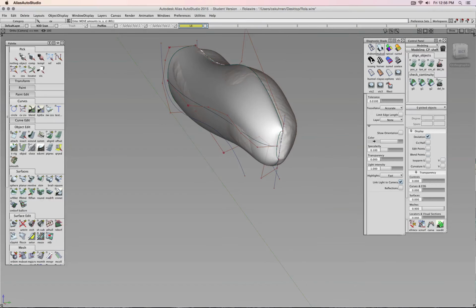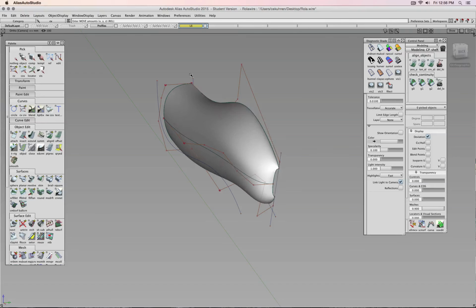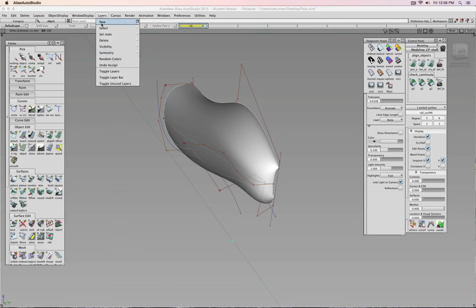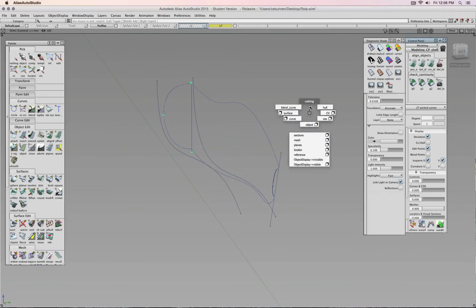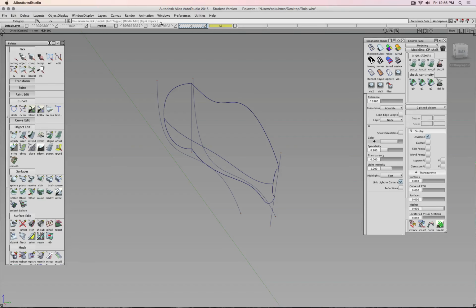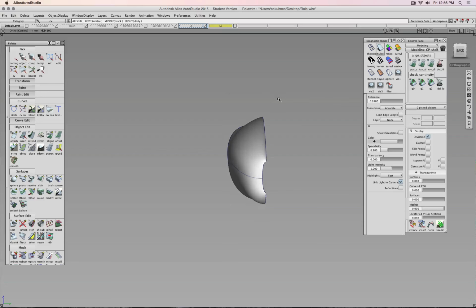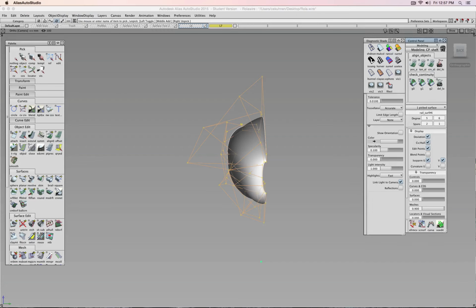Okay, so this is basically step one. The surface I make, copy and paste, make a new layer, push it on that layer. And maybe here I'm going to turn those series off. Okay. And then we will have to do maybe a little bit of sculpting. So let's select the surface, CVs, and